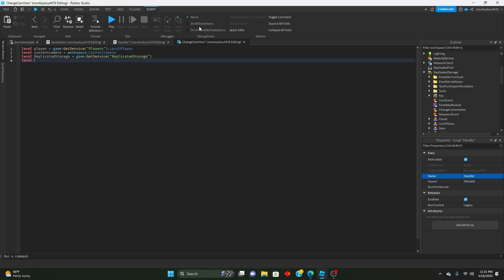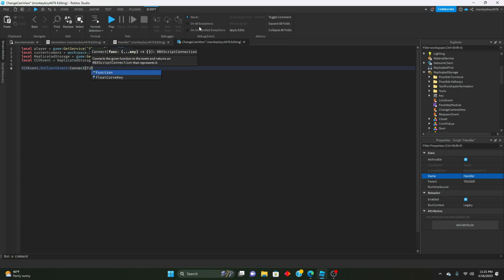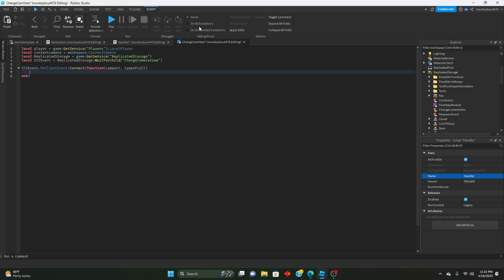Then we will define that ChangeCameraView event. So we'll say ccvEvent.OnClientEvent:Connect(function, then we're going to say camPart, and then typeOfCall, and we're going to hit enter. So we're going to say if typeOfCall equals change, then